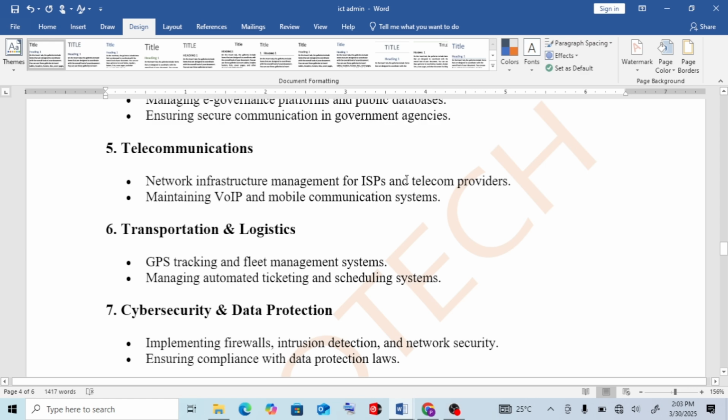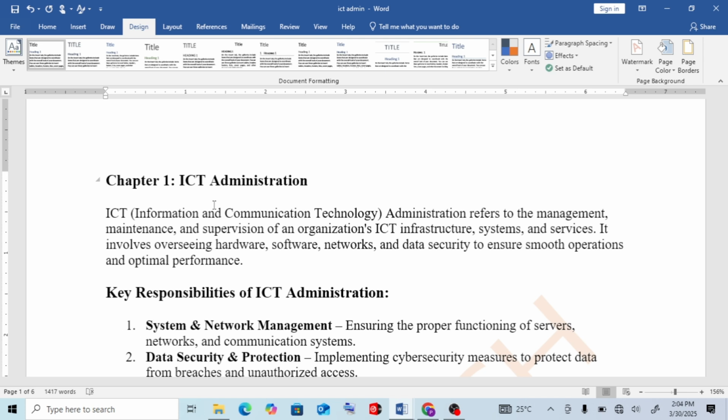This document is about networking. I got this document from ICT administration. So we are going to use this very document to learn how we can create a table of content.